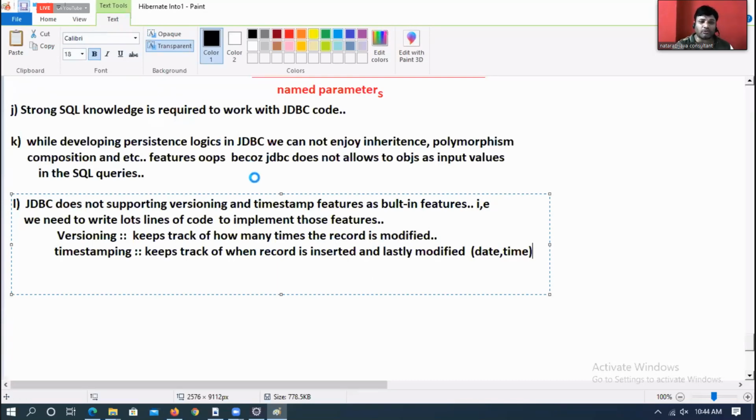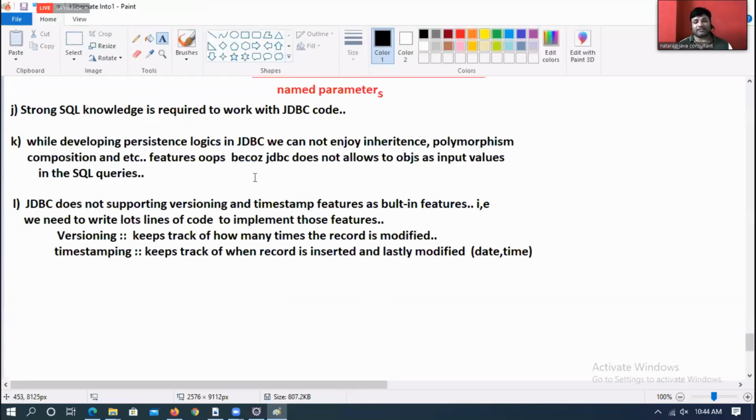You have gone to the stock market, boss. First, we check when that stock is listed in the stock market, that means when the record is created. Then when it is lastly modified, when its price is lastly changed. That also we observe.